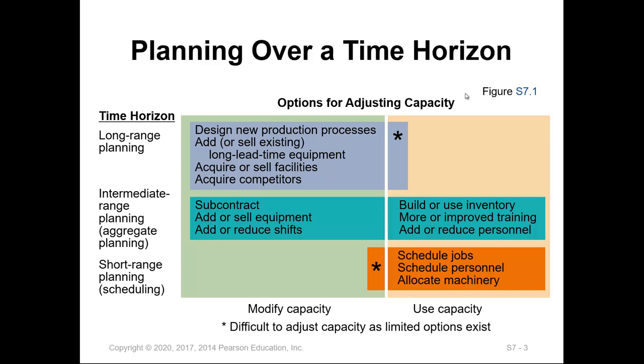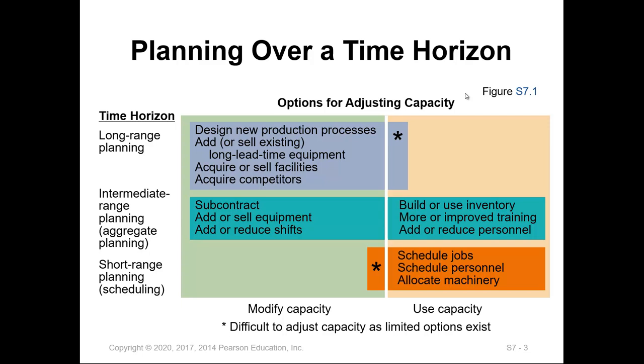While for the intermediate, the planning begins with modification of capacity through subcontractors, adding equipment or adding shifts, then utilizing capacity expansion by adding personnel. So at the beginning, we are not adding any machines or expanding in the facility, but we are trying to accommodate the demand using subcontractors and adding just certain equipment and changing shifts. In some cases, you might need to reduce capacity, which can be done through reducing shifts and reducing personnel.